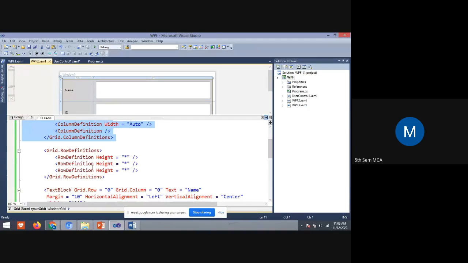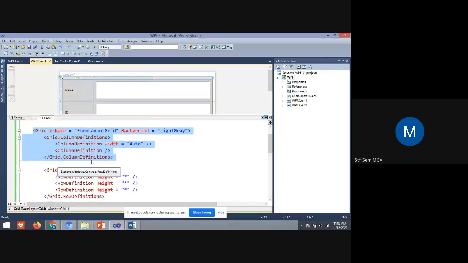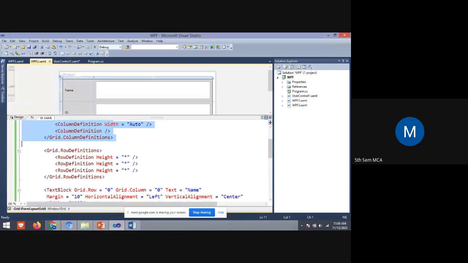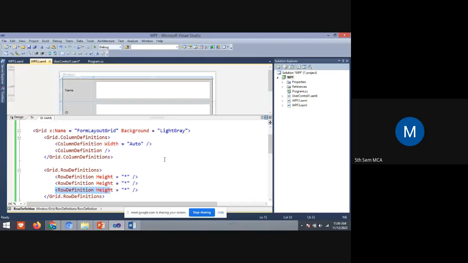And the row. I have created row values. How many rows do I have? See here, students, how many rows do I have? 1, 2, 3. I have 3 rows. Can you see 3 rows?